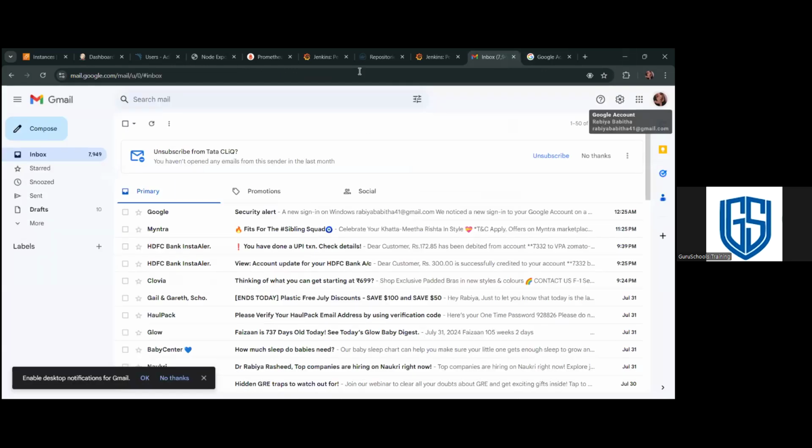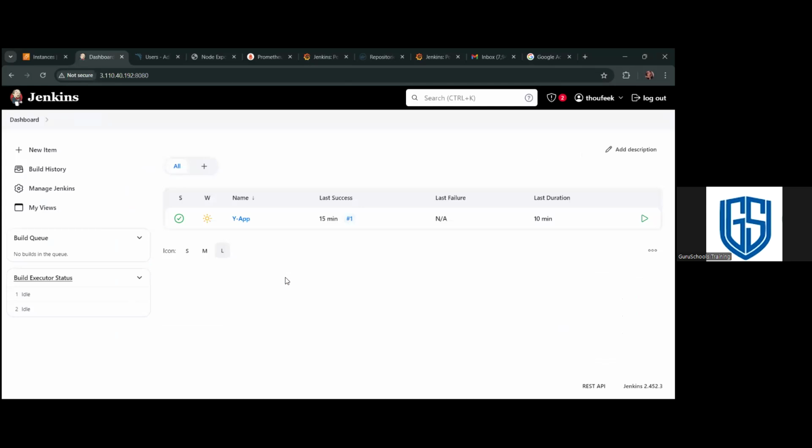And in this account, I can't see that option because I need to enable the two-factor authentication. So